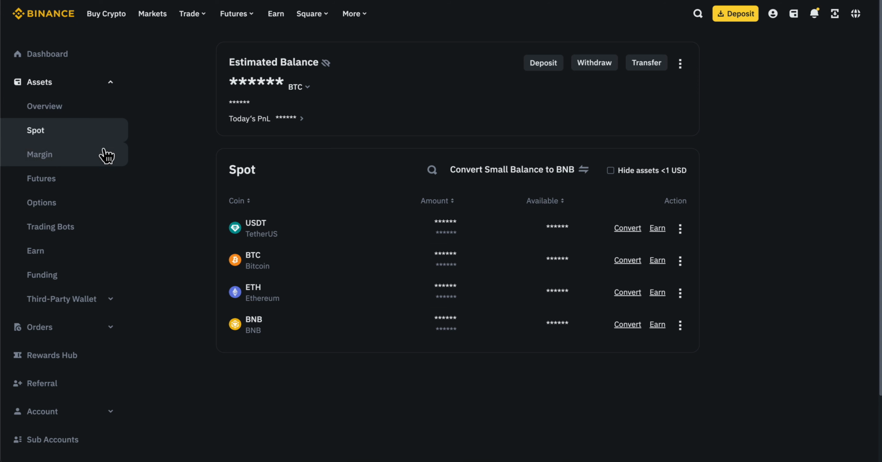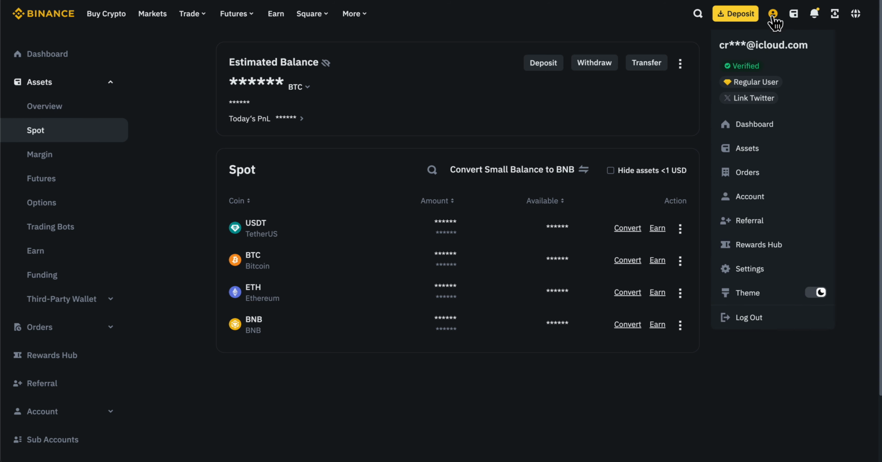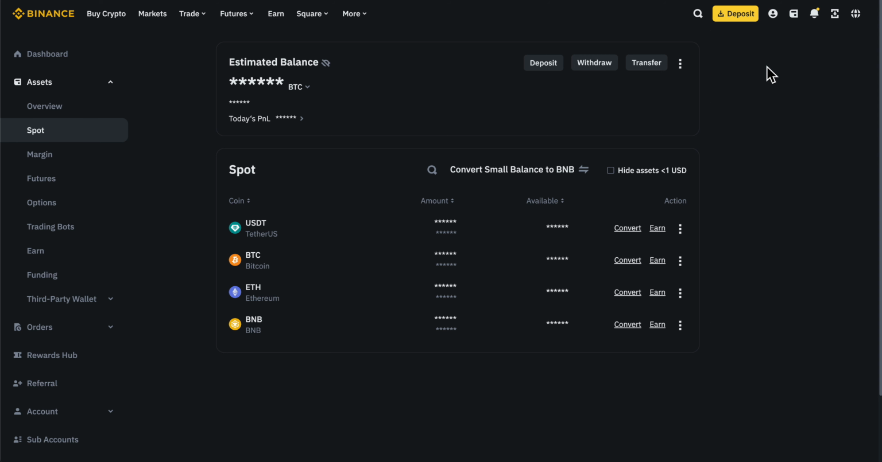So all you have to do in order to activate this is to make sure that your account is verified. So as you can see here, if you go to your settings, you're going to see if your account is verified or not